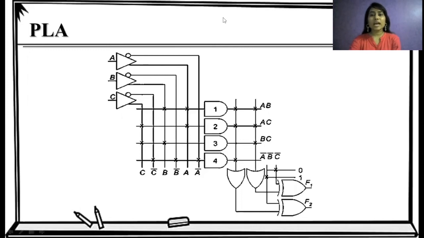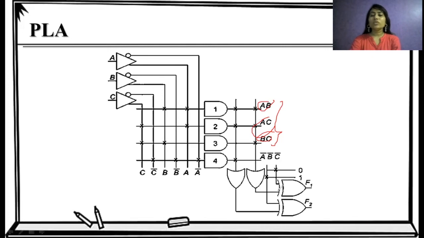So here we have the logical function F1 with terms AB, AC and BC. So these terms are given and connected over here. Here we mark AB, here we mark AC, here we mark BC. So here we have the terms AB, AC and BC. So here we make an OR of these three terms and we have AB plus AC plus